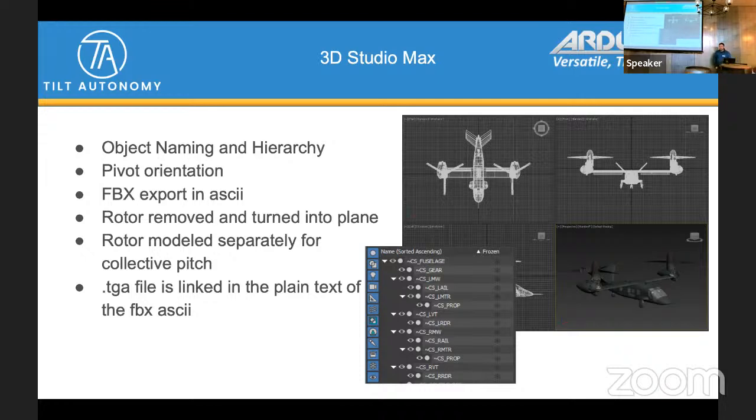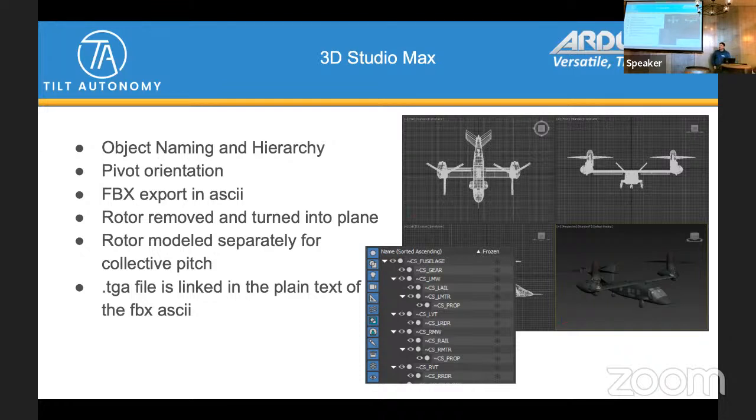One question that most people commonly have when doing this work is, can you use an open source tool like Blender? I quickly looked into this, and as far as I can tell, the answer is no. The reason is because Blender exports the FBX format in a binary format instead of ASCII, and real flight requires it to be in ASCII. I wouldn't claim to be an expert in that world, but that's what I found.